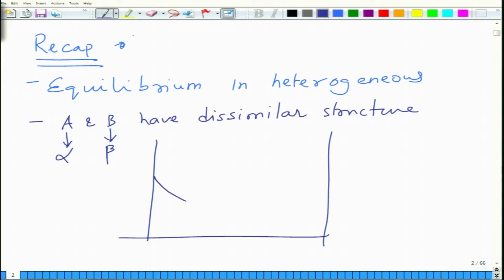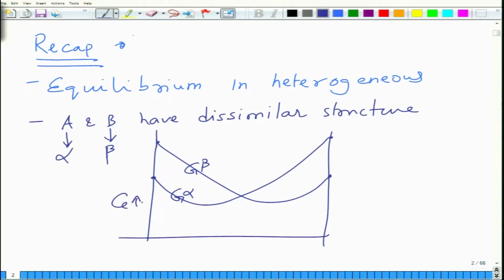So you'll have a free energy curve for A and a free energy curve for B. This is G beta, this is G alpha. When you are on A rich compositions, G alpha is lower than G beta, and when you are on B rich compositions, G beta is lower than G alpha, making alpha and beta more stable. In the intermediate compositions near the crossovers, you have to draw a common tangent,